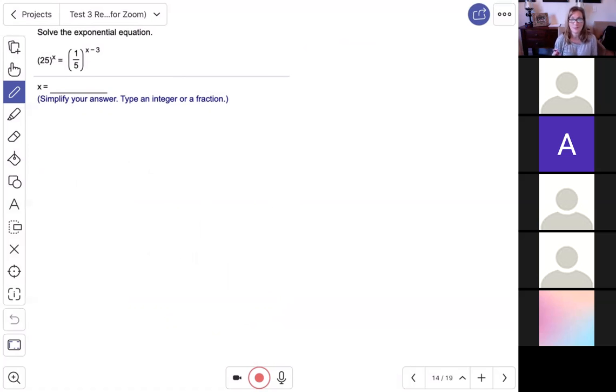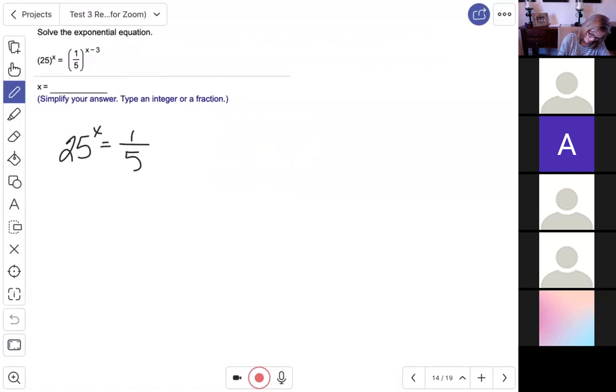Okay, solving exponential equations, there's 2 kinds that you'll see. One of them is like this, where you can compare the bases, relate the bases. And then the other ones are when you can't get the same bases. Okay, that's when you have to take the log of both sides. This one, if you can get the same bases,